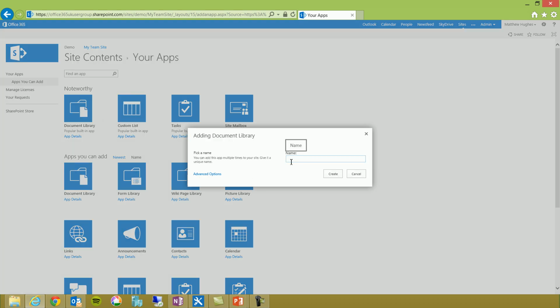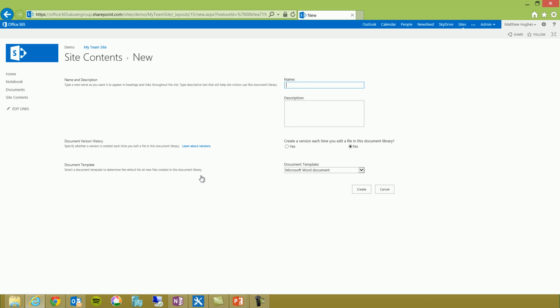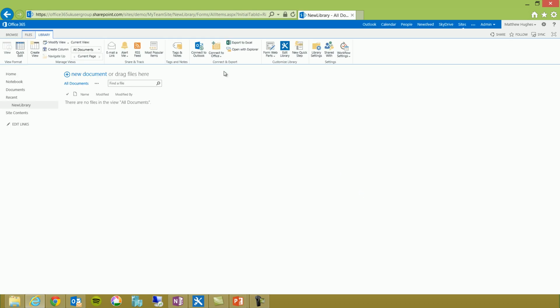It asked me to pick a name here, but I never really like going for the quick and simple option. I'm always going to go to advanced options, just so I can get the full list of options at this point. And I'm going to say new library. Now, for those of you in the SharePoint 2010 world that remembered creating libraries and lists, the little problem we had with spaces, we still have to go new library without space. Otherwise, when we create a library with a space, we will get that horrible %20 in the URL, and we don't really want to have that in there. So I'm going to create this library without the space, and just hit create, and you'll see what I mean in the